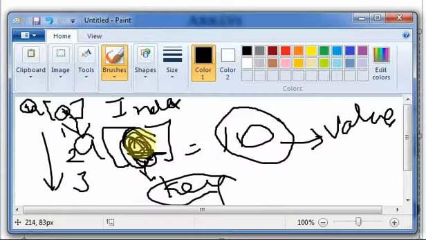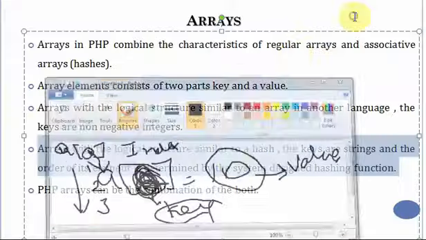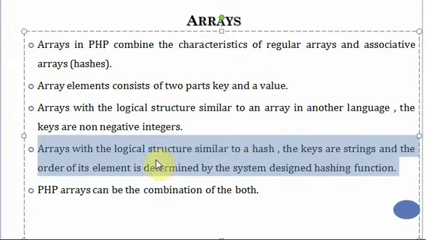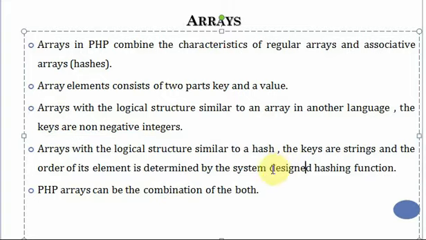In the previous case, keys, that is indexes, are non-negative integer values, whereas if the logical structure is similar to that of a hash, keys are strings.